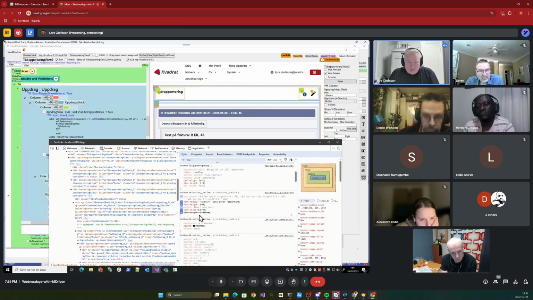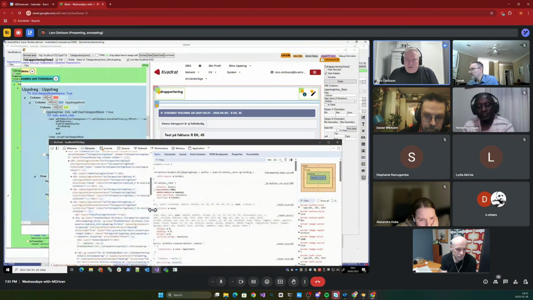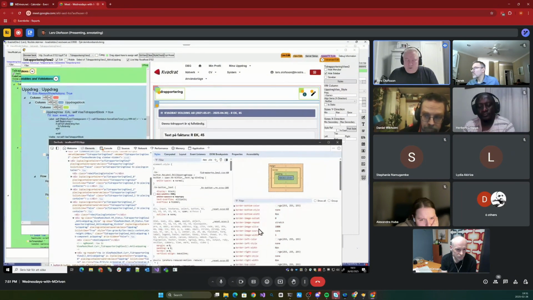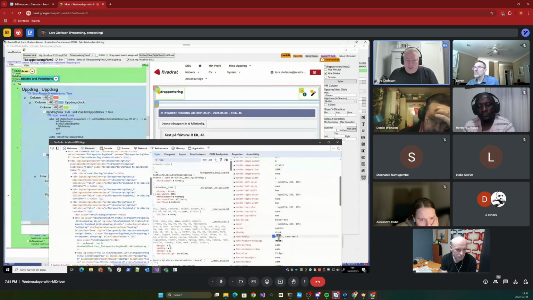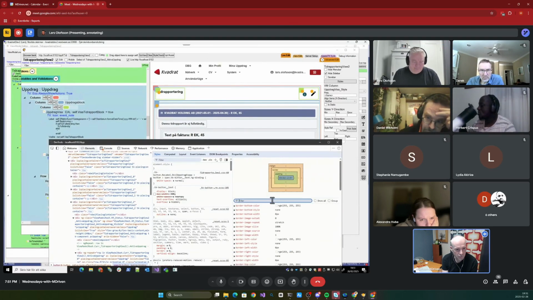We could also look at the calculated tab for this one. So we can go here, because we know we were setting background color. Where is background color? You can filter at the top. I usually just fill in background, and then